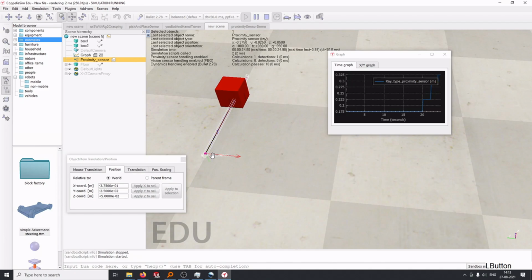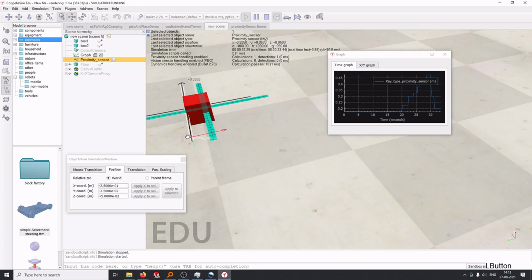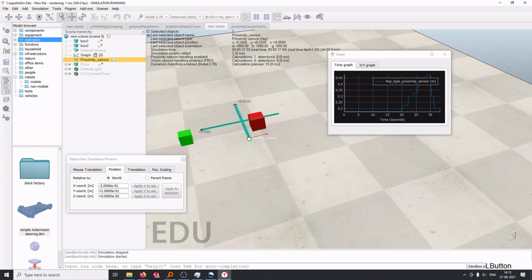With respect to the previous, the farther it goes, the distance increases, right? Let's say we move it this way. It's not detecting anything, so that's why it is 0. Now it is detecting again. So we go closer, we go closer, we go farther, we go farther. It's detecting, right? But okay, cool.